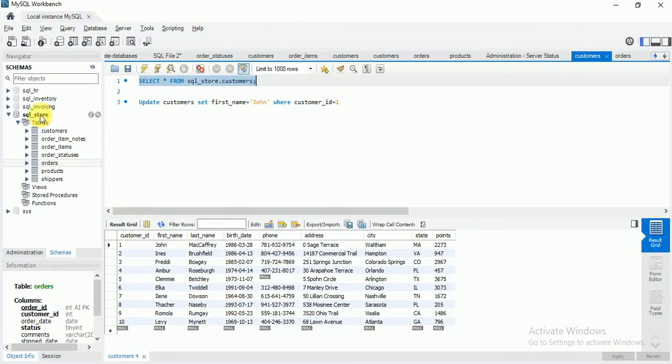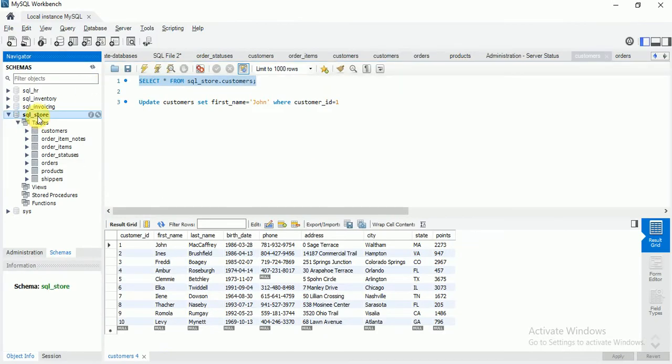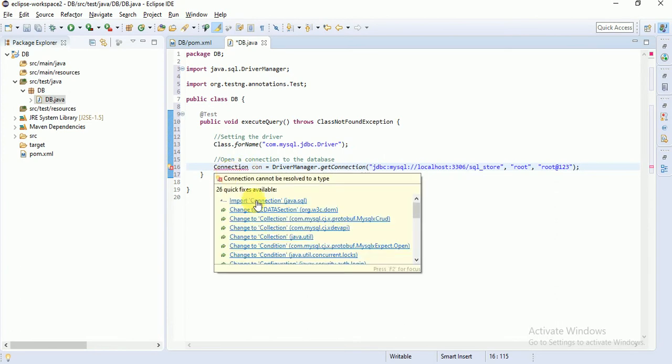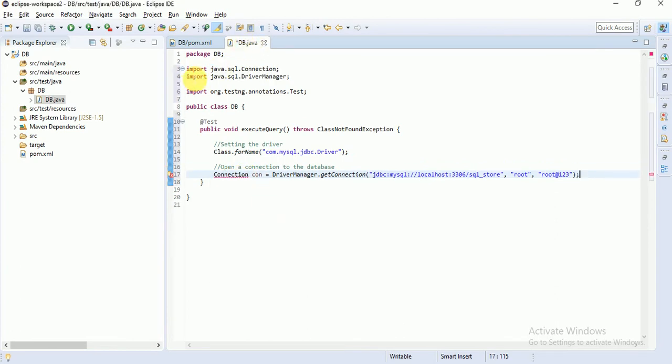Our database name here is sql_store, which has all these tables. So I am providing that sql_store. Your username is root and password is root@123. That's it. So you need to provide three arguments, guys, and Connection is imported from java.sql. You need to import all these things from java.sql.